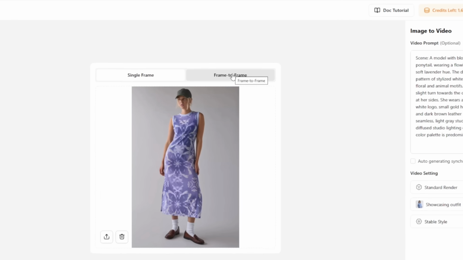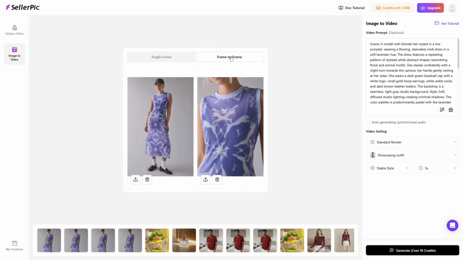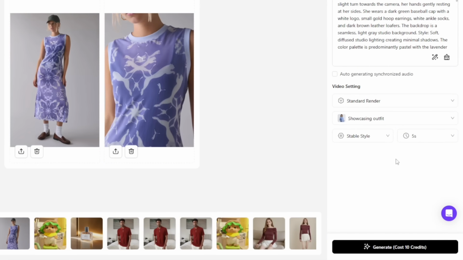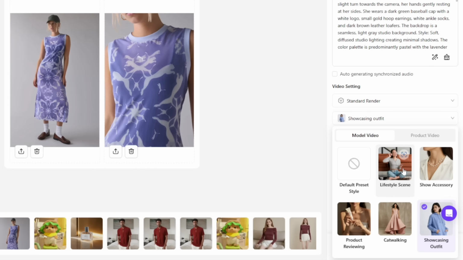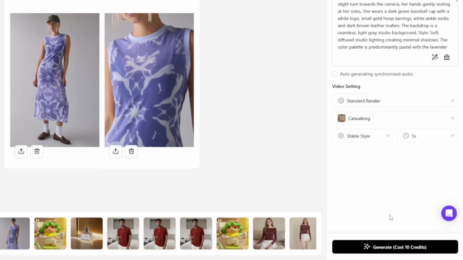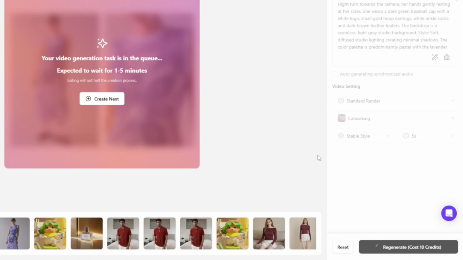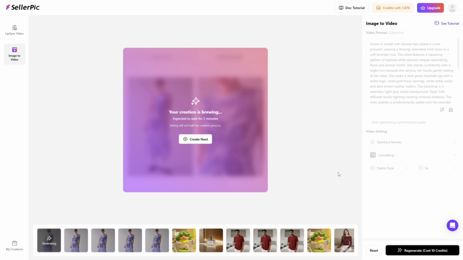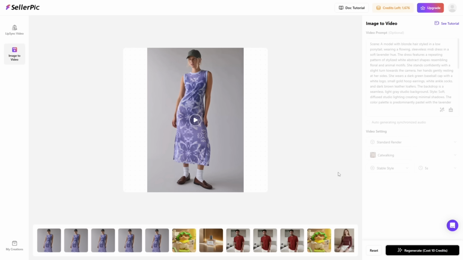You can also upload both a start and end frame, and the AI will automatically generate a seamless transition animation, making your product showcase even more comprehensive. Let's try generating a video with the catwalking preset. The frame-to-frame feature intelligently generates smooth transitions between the first and last frame, while allowing prompt-based control over the output